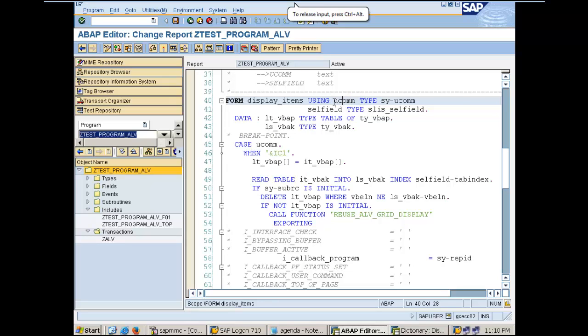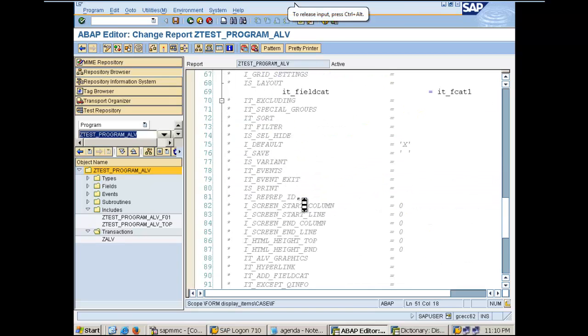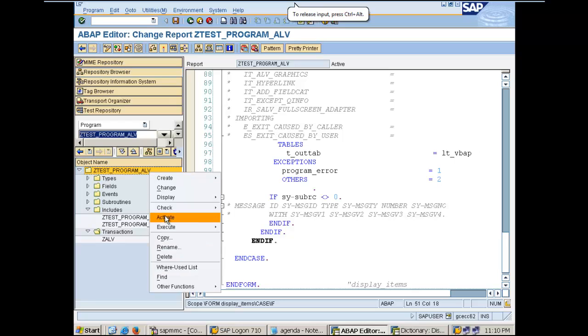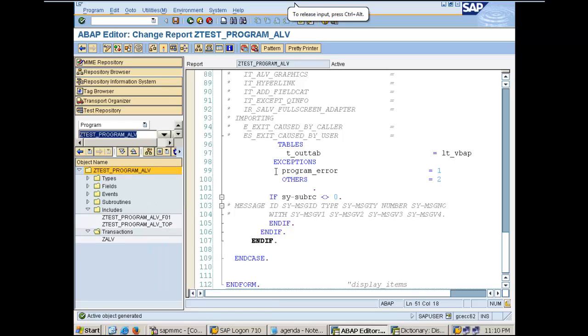You can write anything here, ABC, based on this and this. Based on this index, you can read your first internal table, that is VBAK, on the first page or first grid display. Based on that, you can filter your second internal table and display it in the output. So that is the concept of an interactive report,